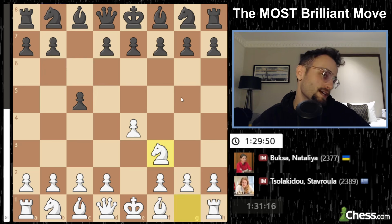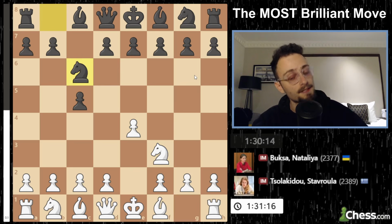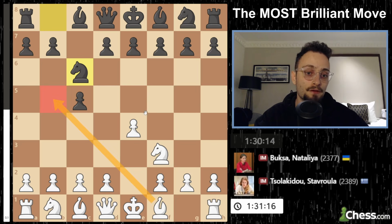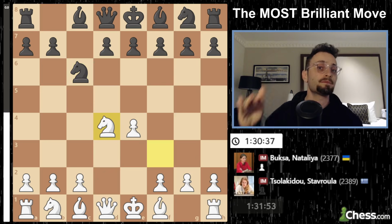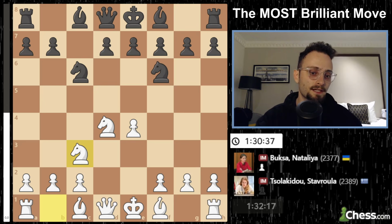Black now already has multiple branches, but Black can play a6, d6, e6, g6, or knight c6. Now White chooses whether to play this or actually uncork a Rossolimo, a more closed positional approach. d4, takes. Black now has many choices again. Black plays knight f6, knight c3, and now basically,